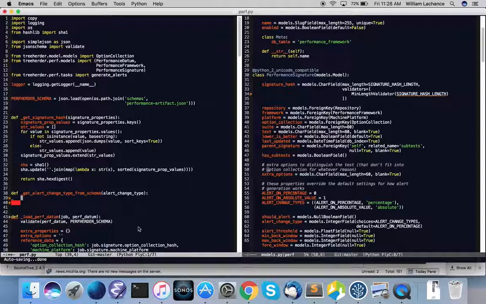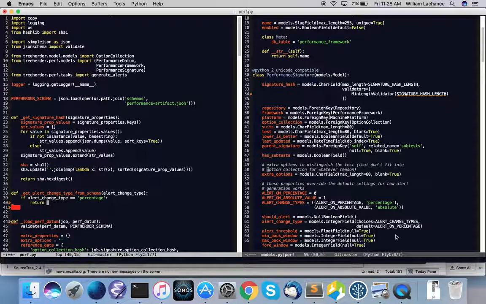So we might think of a better idea later. Okay, so if alert change type equals percentage, return